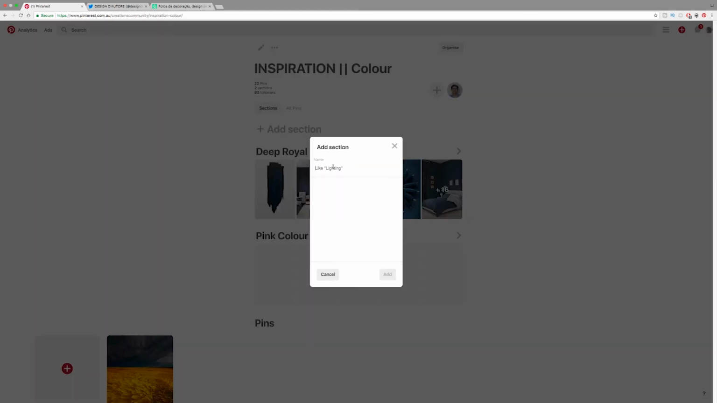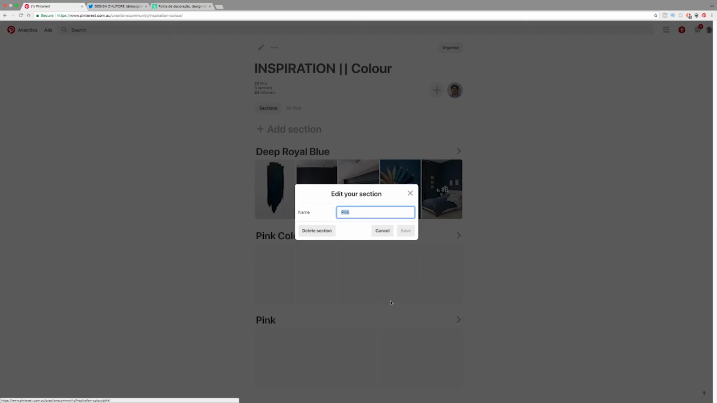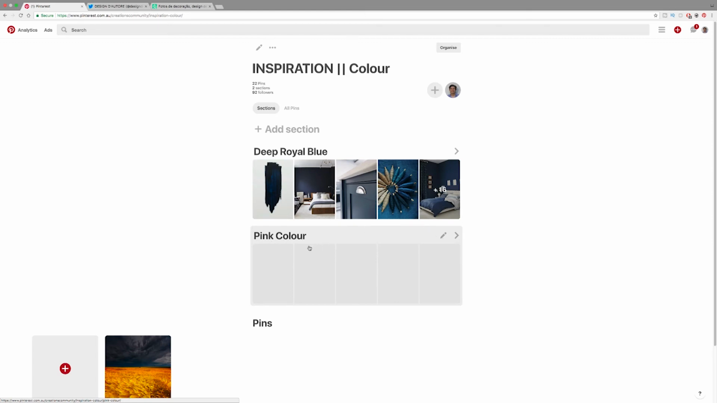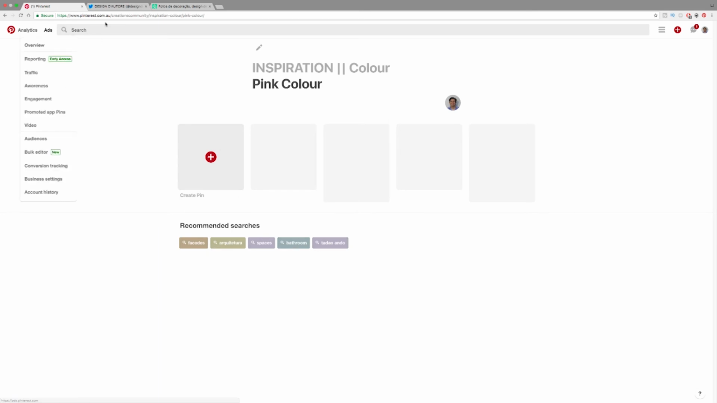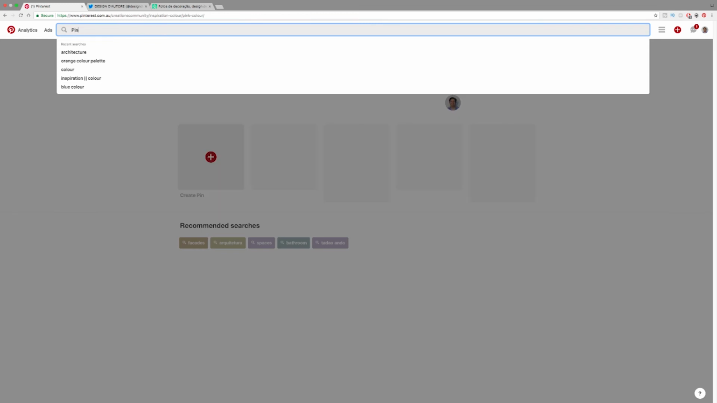So if I want to add maybe a pink color, I can add a different section in here, and now I've got my deep royal blue and I've got my pink, or I must have created this one before. I can actually delete this section, and so now I've got this pink color as well. And now if I select this, I can actually create pins, or I can go in and find things. To find things, I'll go up into my search spotlight bar and I can go pink color,